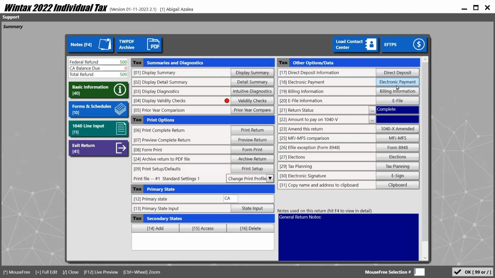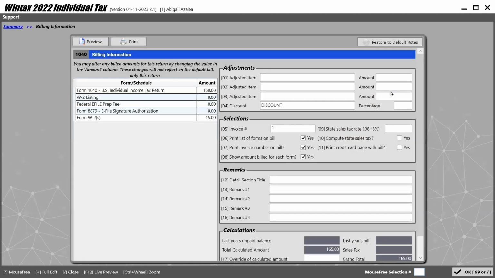Let's see. Last for this section, we'll cover the billing information. We'll be coming back to the summary menu a little bit later after we add a new client, because we'll be walking through a return as well. So don't worry if it seems like I missed something, we'll be coming back there. But the billing information here, like I said, it's snapshot billing. So for example, on the default earlier, you saw that I had put in $100, I think, for the 1040,